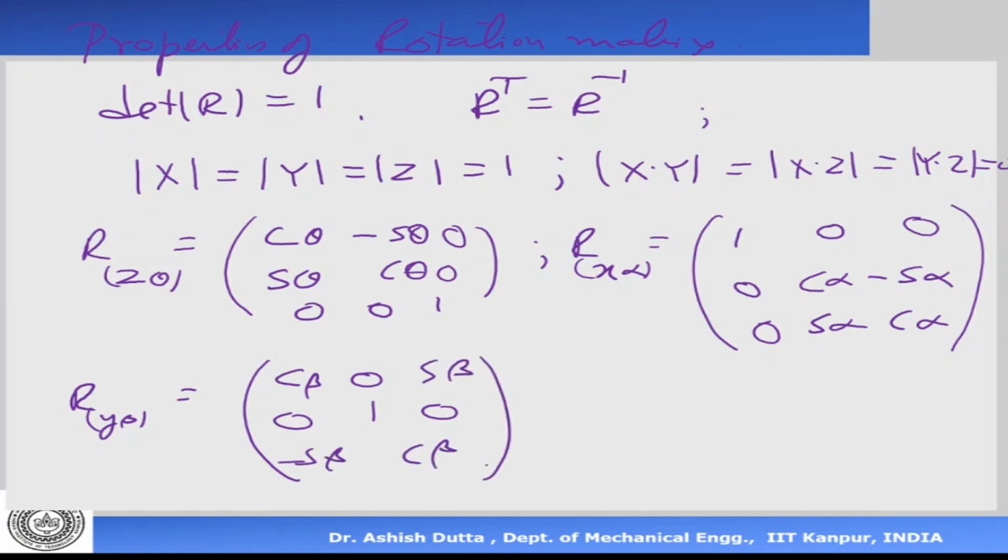Now what you see is that when it is rotating about the z-axis, the z part becomes 1. This component will become 1. Similarly, when it is rotating about the x-axis, this component is 1, and these are 0, 0. When it's rotating about y, this will become 1. So it basically means the coordinate about which axis it is rotating will not change. So now you can rotate about the x-axis, y-axis, or z-axis, and you'll get the corresponding rotation matrix. Now you can rotate about more than one axis.